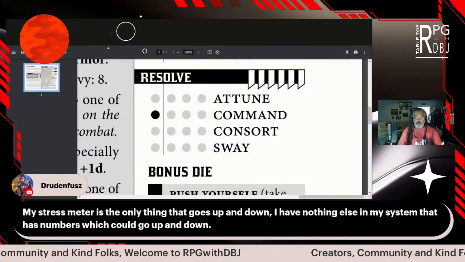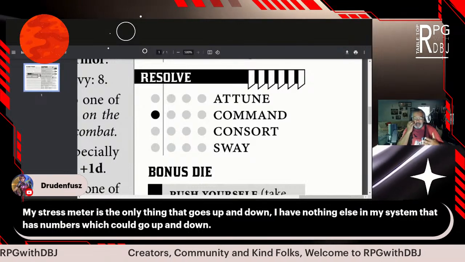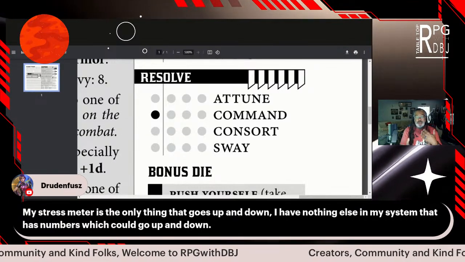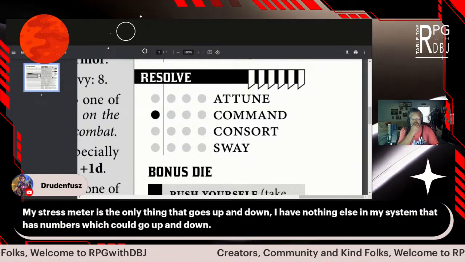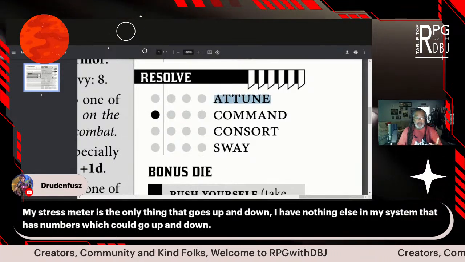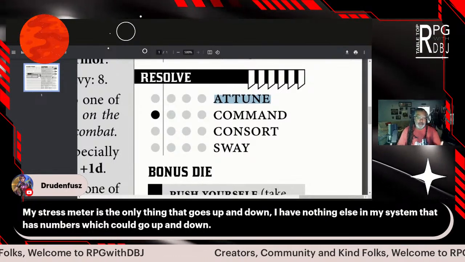Whereas attune, command, consort, I mean, are they similar? Yes. Could you make the argument one could really involve the other one? Yes. You could also make the argument, if you're using one of these, like attune, maybe you're not using the other things. And what does attune mean anyway?